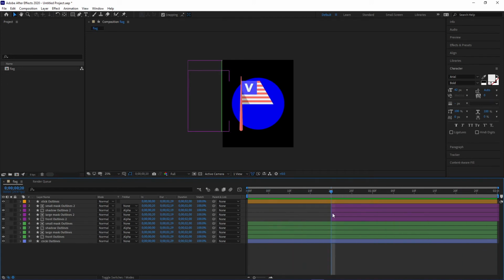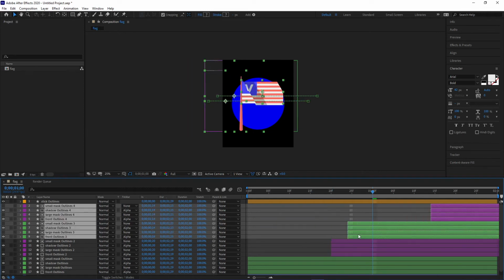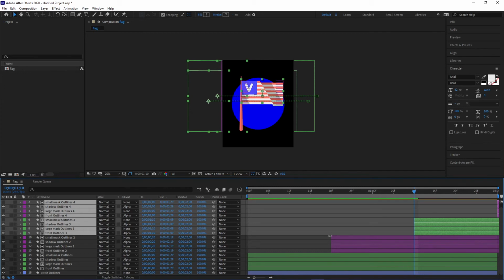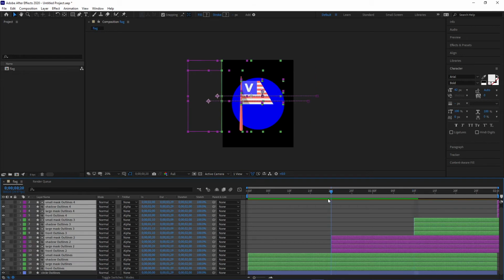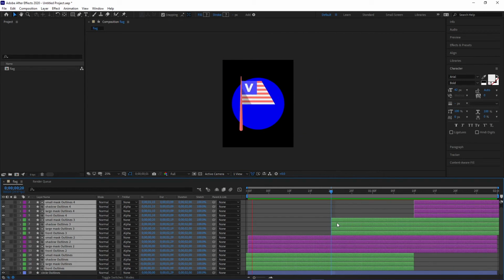We will repeat the process again, but this time we will select all our 8 shapes, copy, paste and move again, so that there will be 20 frames differences between each set of shapes. By the way, look how much the choice of color helps to the work process. Move all 16 shapes we created to the left, so that the second section from the bottom is at point 0 in the timeline. Click play and see the result.